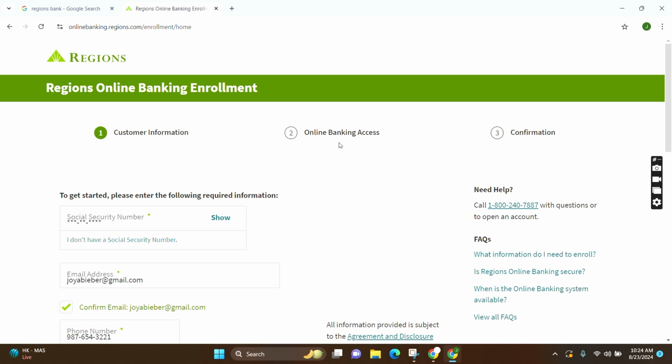Then you will be led to the second step, which is online banking access, where you will get your username and password for your Reasons Bank account. After that, you need to go through a confirmation process. In this process, all you need to do is confirm your account either from your mail or text. After you are done with these steps, your user ID and your password will be ready for your Reasons Bank account, and you can simply go to the home page,